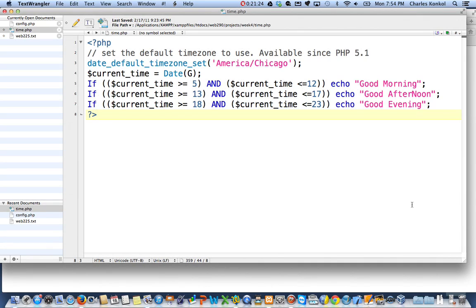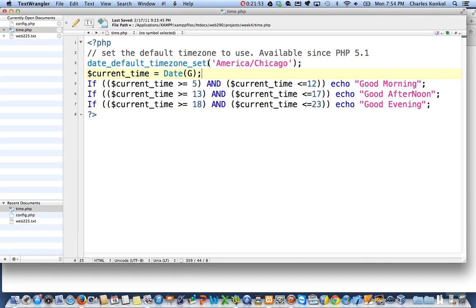So if it's in Chicago, it's going to be using Central. If it's in East Coast, it's going to be using Eastern. West Coast, going to use Pacific. And so you've got basically here setting the default time with this one line of code. You can set the default time to that time zone. All right, so you can override wherever the server is located with this one line of code